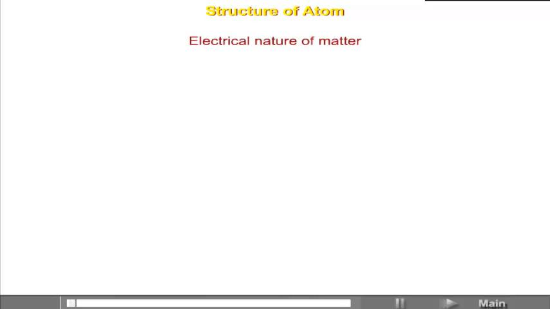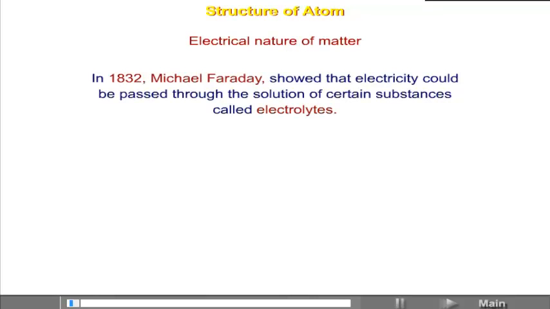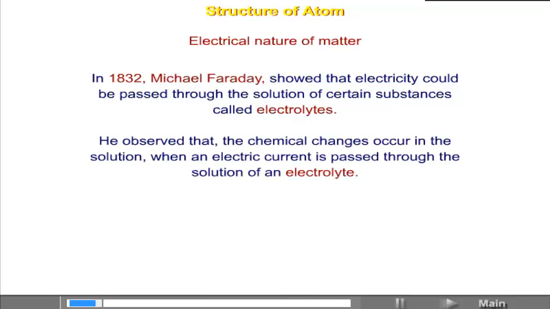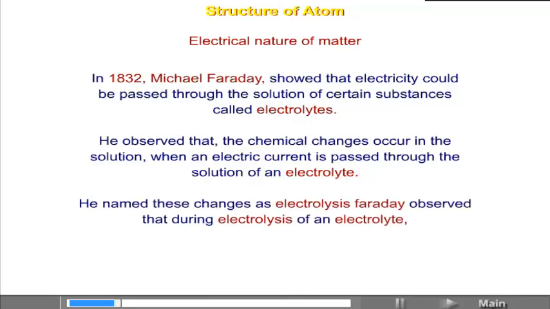Chapter number 3, Structure of Atom. In this chapter, we'll study prominent scientists, introduction, discovery of electron, discovery of proton, discovery of neutron, concept of atomic number, isotopes, isobars, atomic models, that is Thomson model, Rutherford's atomic model and its limitations, Bohr's model for hydrogen and hydrogen-like